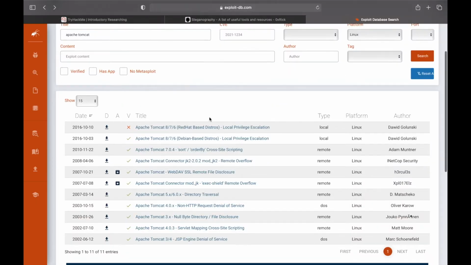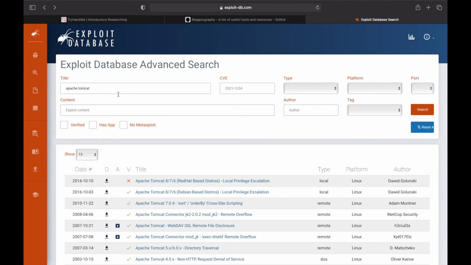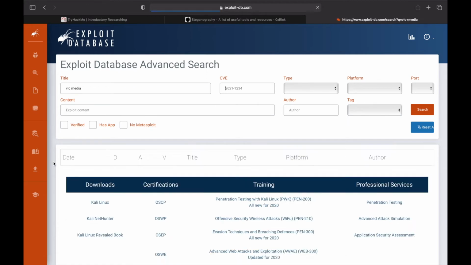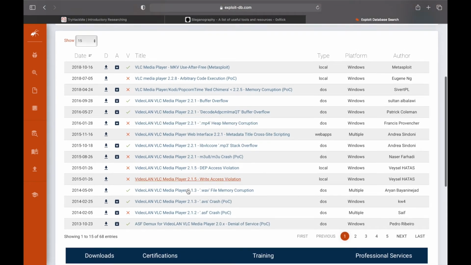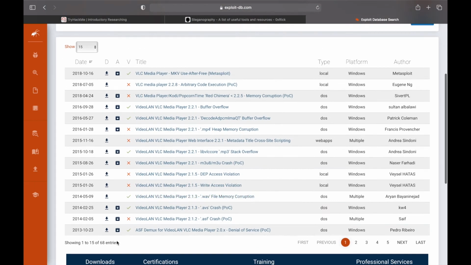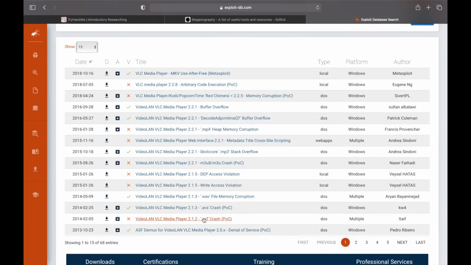Okay, so now we are going to uncheck this, and search for VLC media. They're talking about the very first bug. Okay, so back in 2013, it's denial of service, but they will consider that as a, I'm not sure.